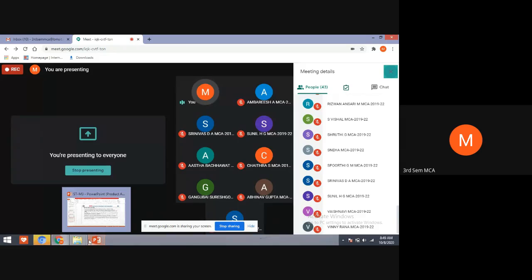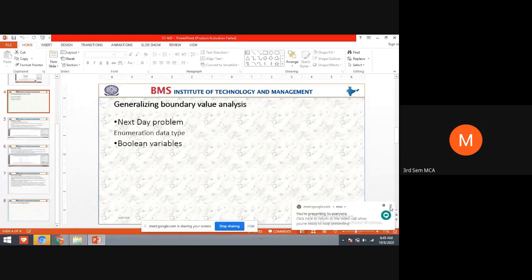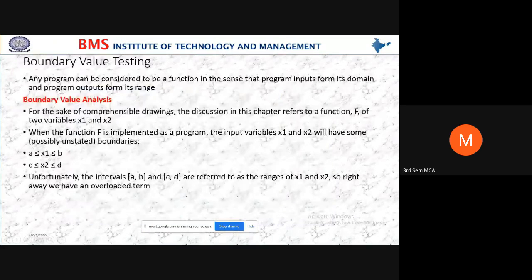Boundary value analysis. Forgot where we were? So we were in boundary value analysis.